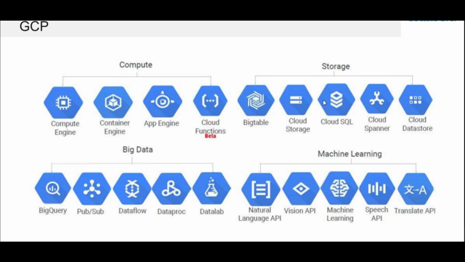So whether you want to use a PaaS or an IaaS, you can select it likewise. Then when you go to storage, you have Cloud Storage for storing your files, Cloud Spanner, Cloud Datastore, Filestore and all those things. You have databases also. Likewise, the services are offered. Nothing is accessed as real-time infrastructure access; it is obviously in the form of a service that you need to access it.